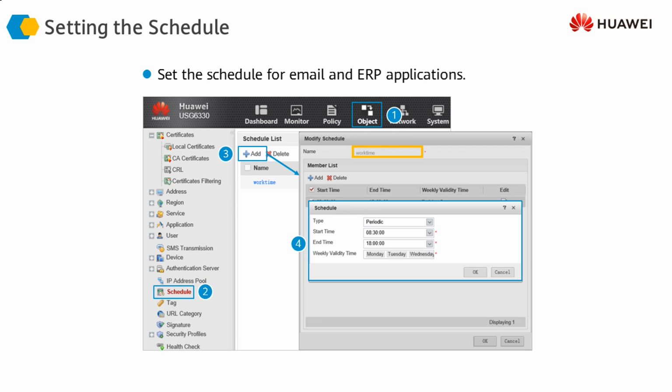We give it the name work time, and we define that work time is from 8:30 in the morning till 6 o'clock in the evening, Monday to Friday. We will apply this schedule so that these bandwidth limitations are only applicable for office timings, from 8:30 to 6 p.m. every day from Monday to Friday.